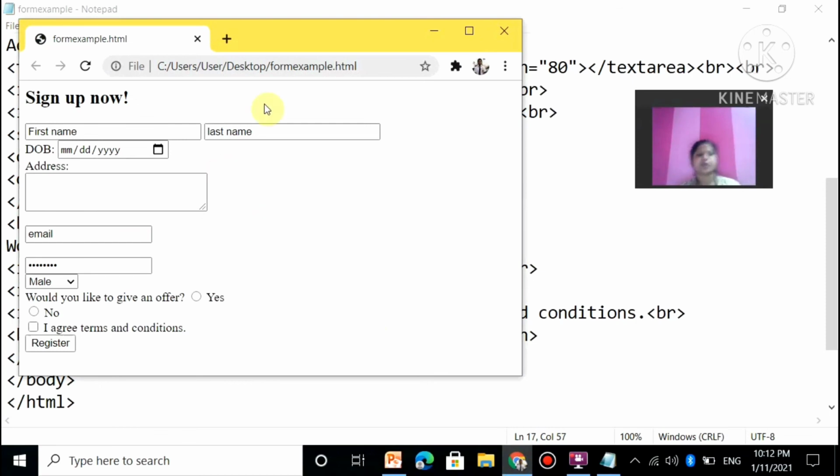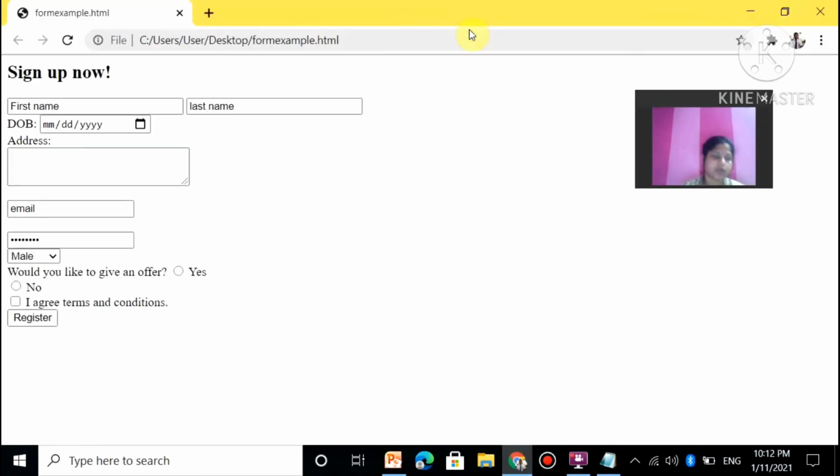Okay, so this is the form which you want. Clear? So here it is used. We have used for this address multiple lines of text. We used textarea element. Clear? And for this button, if this way you can create buttons, cancel button you can create, register, yes, no, any type of button you can create by using this button element.